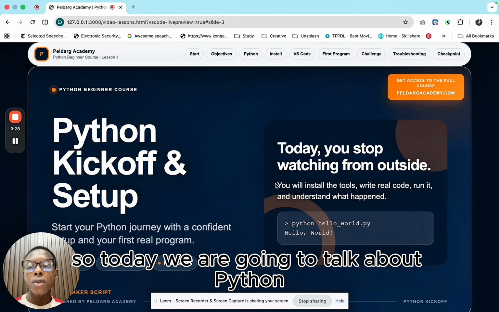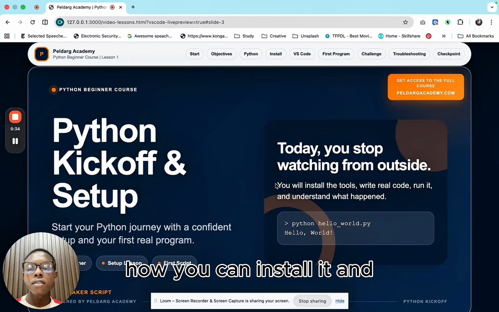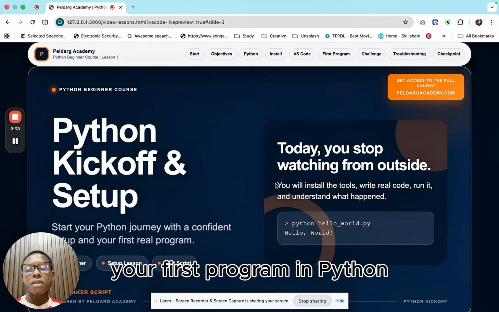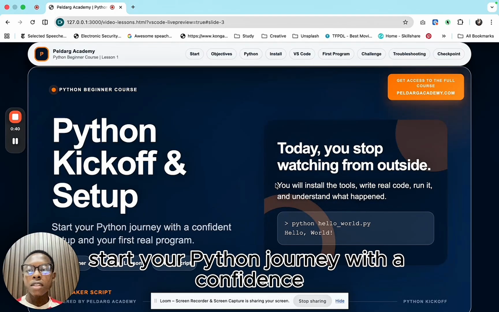So today we are going to talk about Python, how you can install it, and you are going to be writing your first program in Python. Start your Python journey with confidence. Set up